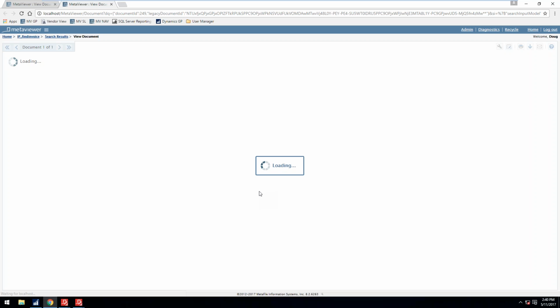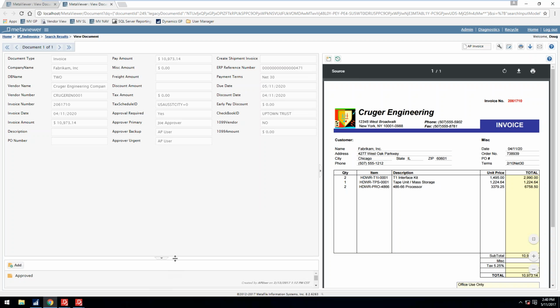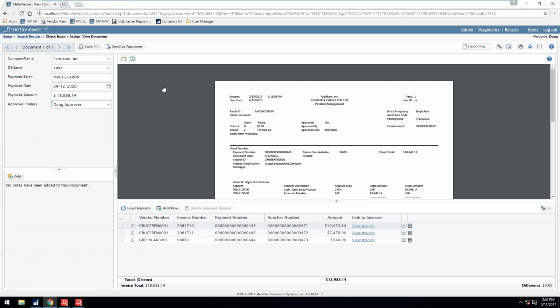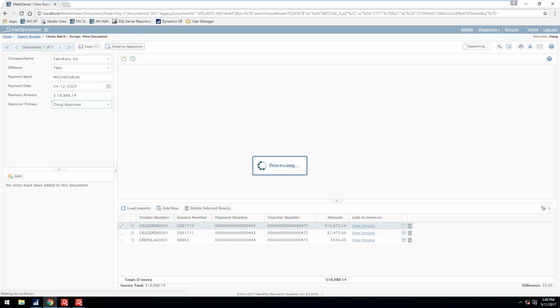If I wanted to see this Kruger invoice, for example, I can click view invoice, and then it drills me down and shows me that invoice, and I would be able to see who coded it, who approved it. I get to see all that information on that document. If I had any questions, I link everything there. If I send this to my approver, my approver's view,